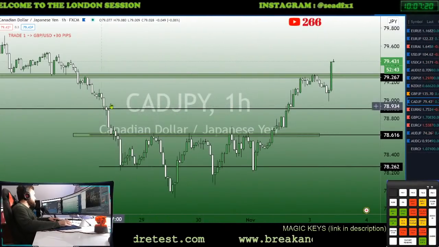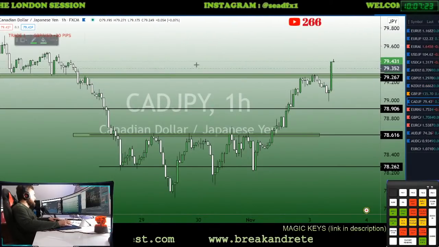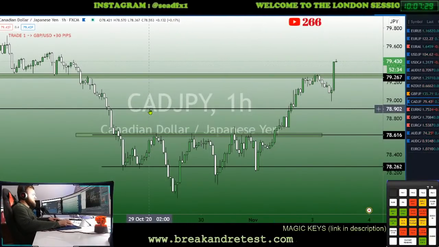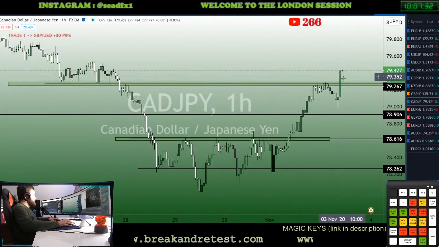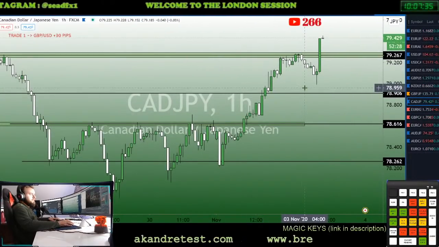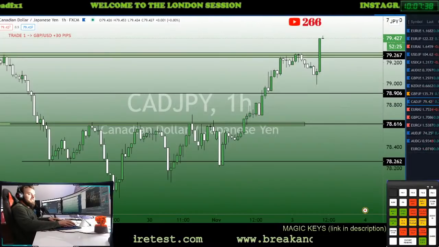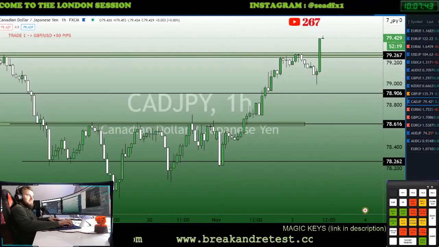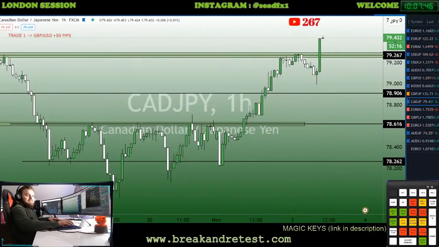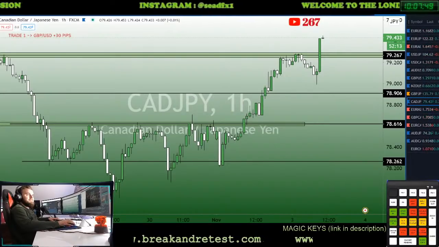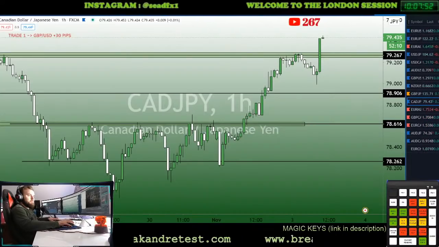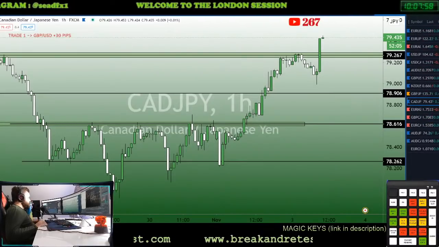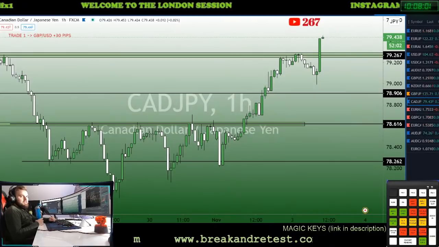CAD JPY is also a good setup. It closed perfectly. Very nice break, almost 15 pips. Clean break above the retest. I mean, look at all these chances we're getting on an elections day. Unfortunately, we are on the elections day, and we can't risk that much. We are trying to stay disciplined. But any other day, we would have